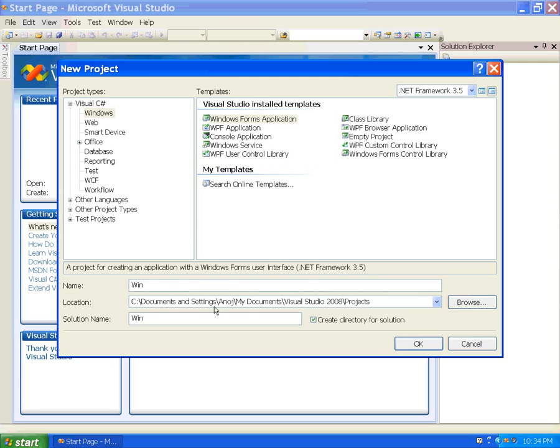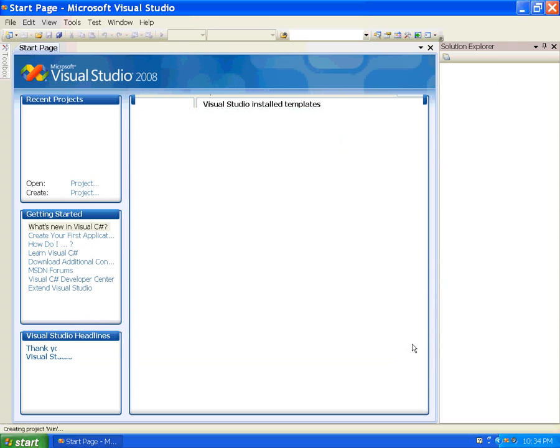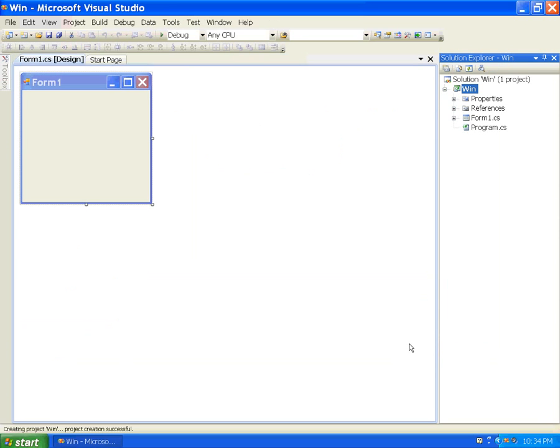Here is the location where you want to save it. If you want to create a directory for the solution, then check it. And now press OK. We get a form by default.